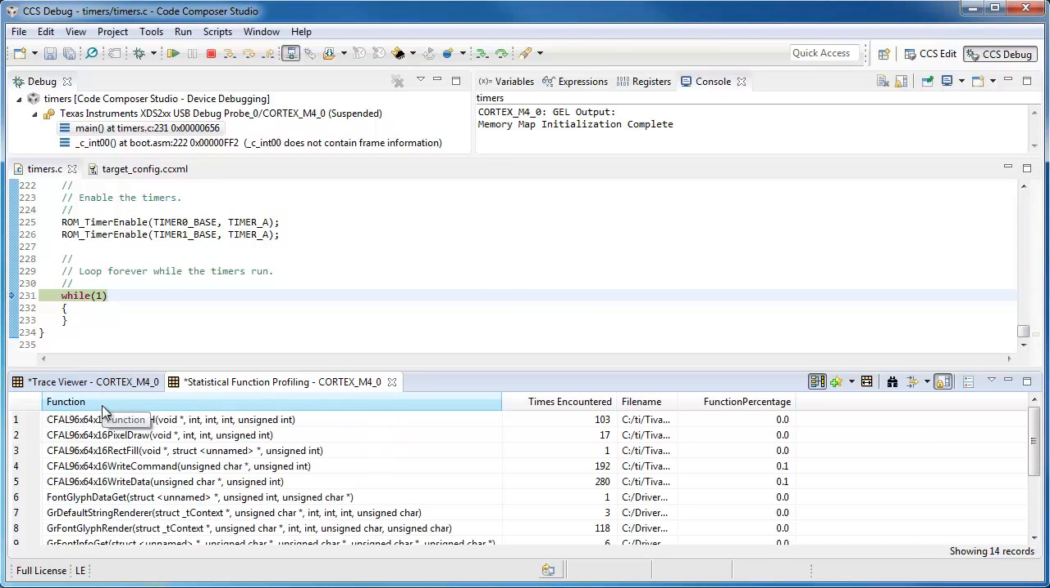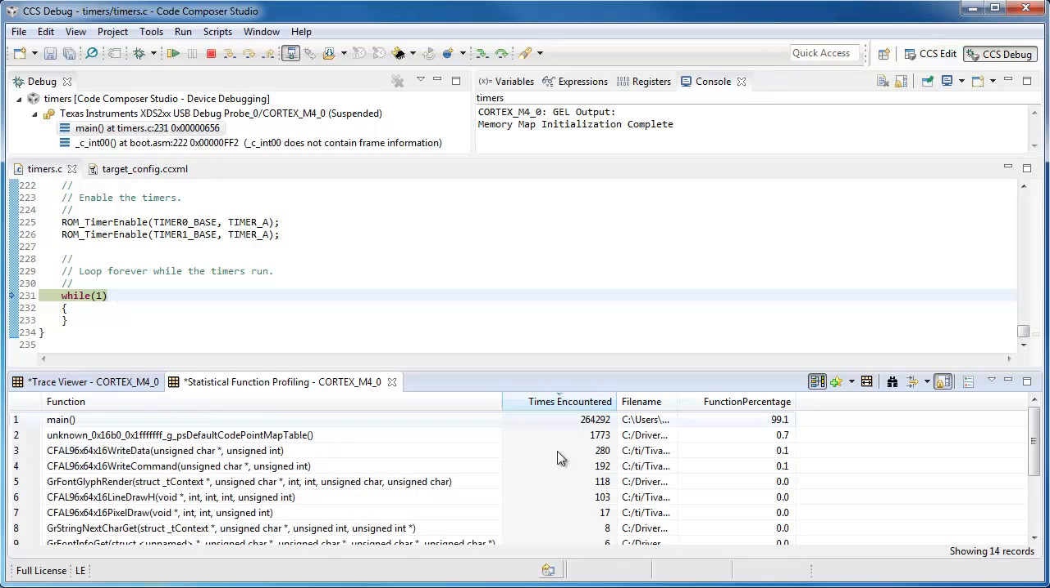So let's make some of these columns bigger. This represents the function where the program counter is located, and basically it's counting. So we can sort this, and 264,000 times when it sampled the program counter, it was in the function main. In this case, there's a while loop in the function, so it's spending most of its time there. But for your own application, you can get a better idea where you're spending the most amount of time. So this is a simple